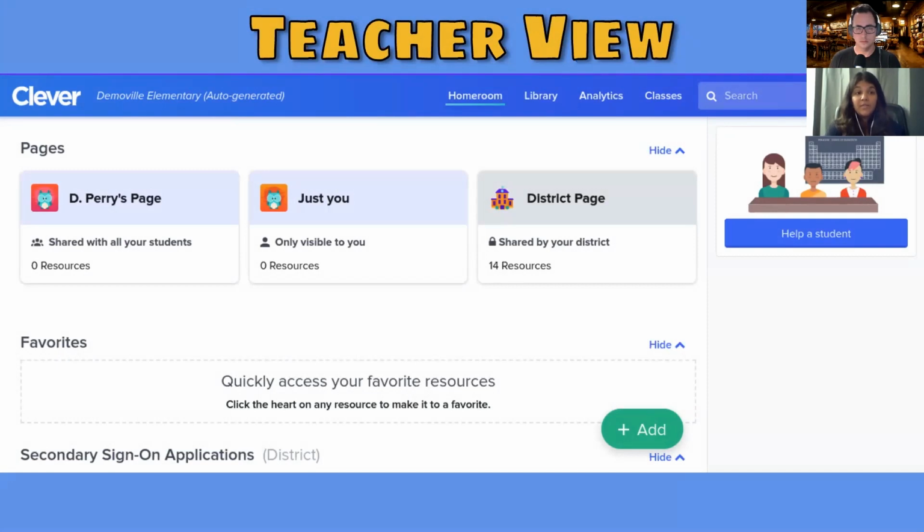They'll first see a page that's shared with just their students, a page that's just for you, and the district page. There's a lot of different resources here. And if you wanted to add different links that would go straight to your students, you could add that on the page that's shared with your students. You could add different links just for you. And then you can see different resources that the district has made available all through Clever. And it's nice because you won't have to sign in or remember your password for every single individual site. Same thing with your students. They just click one thing and then they're